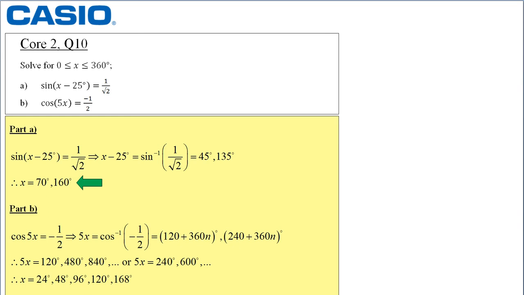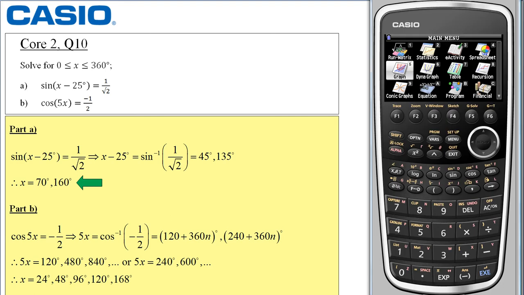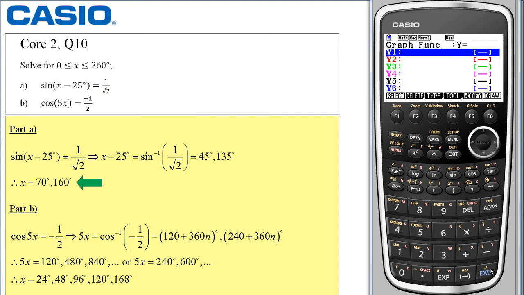You can see that in part A of question 10 I've obtained the answers as x equals 70 degrees and x equals 160 degrees. Let me use the graphical calculator to confirm these. I'll use option 5 for the graph function menu, and I'm first going to key in the function sin of x take away 25,